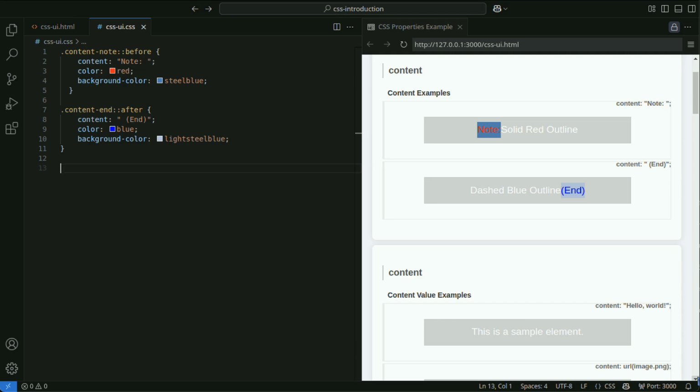The content property is used to add content to pseudo-elements, mainly before or after. This property is used to define text, images, counters, etc., that are not directly displayed inside the element. Its main role is to allow control of decorative content or supplementary information not written directly in HTML through stylesheets. In this example, "note" is added before the element, and "end" is added after. These use the pseudo-elements, before and after, respectively.